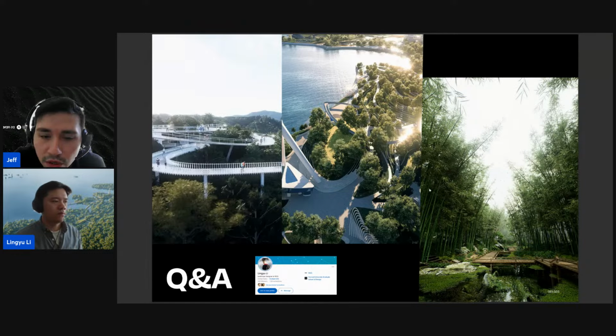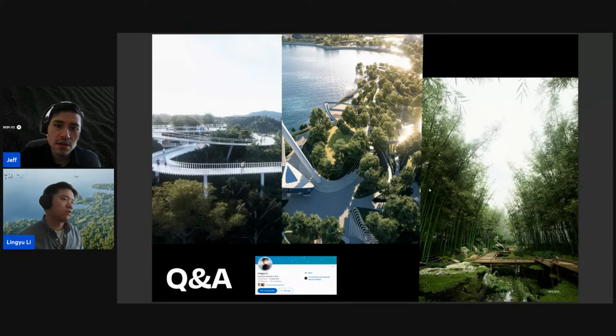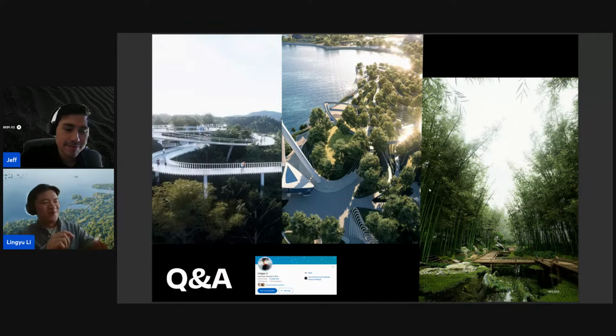Okay, I have one here from Robin. So Robin asks, could one cut a horizontal section a few feet above the ground, placing the camera in ortho and get a nice rendered plan view? Yes, of course. Good question. So yes, so here